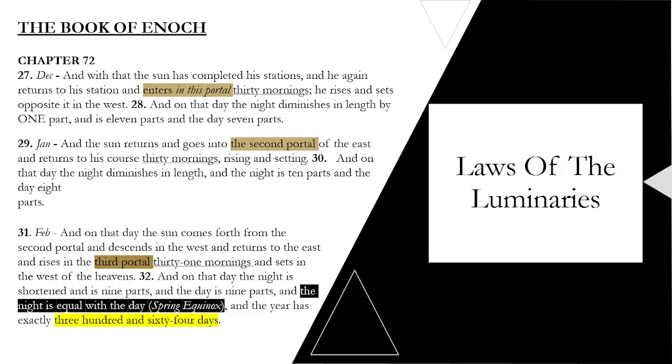So we just went through March through February, showing you how the sun rises and sets in each portal. Notice that in the last month in February, the sun ends in the third portal. And that's because it's going to begin again in March, which is the first month, and it's going to start in what's called the Great Gate, which will be the fourth portal. And that's because they are in sequential order, in numerical order.